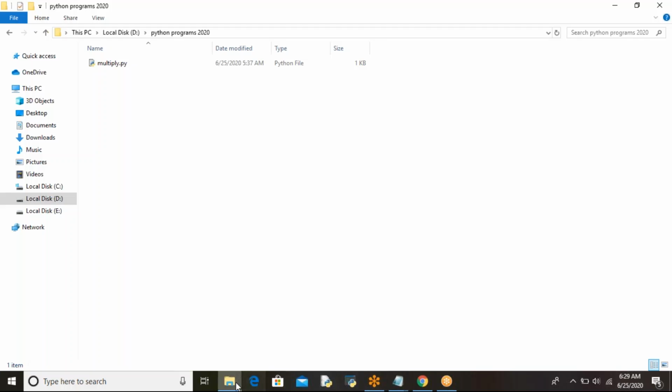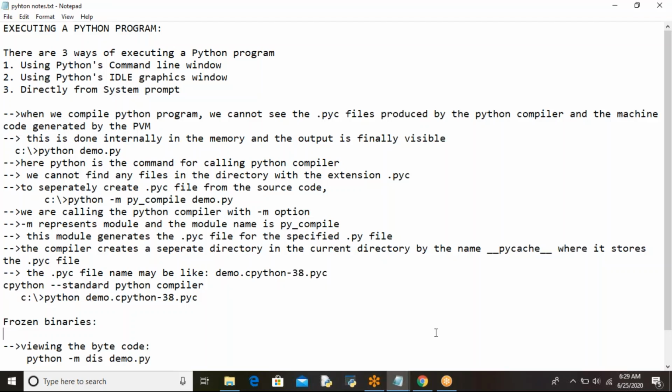So the first way is Python's command line window.